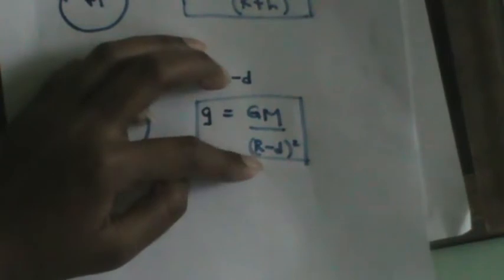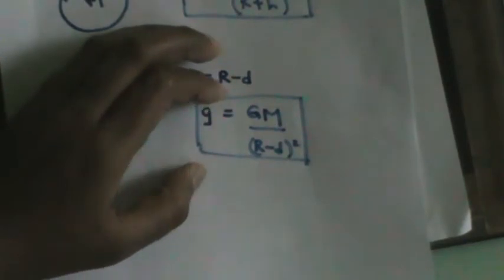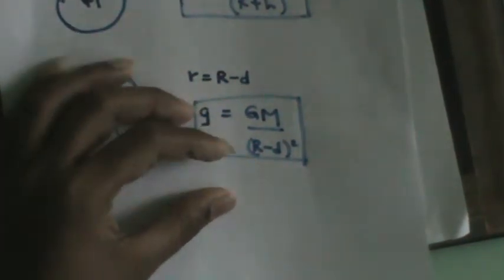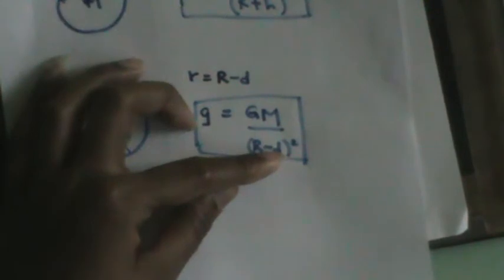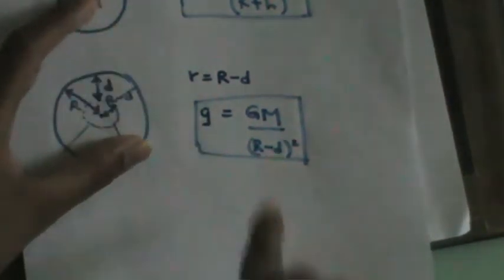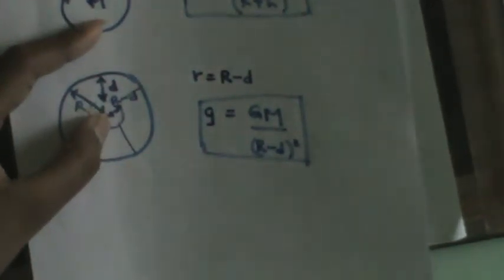So the value of g will increase, because if you keep the mass constant, GM will be a constant. So g is inversely proportional to (r minus d) squared. If you increase d, (r minus d) squared will decrease, so the value of g increases. So to get the minimum value of g, you have to take the minimum value of d. The minimum value of d will be a position so that the center of mass of the small object